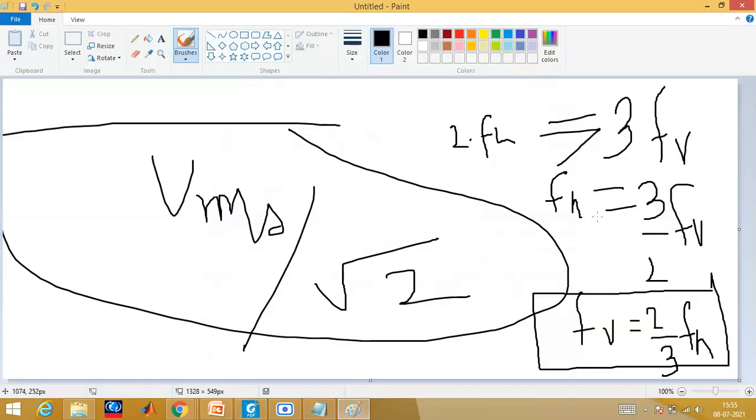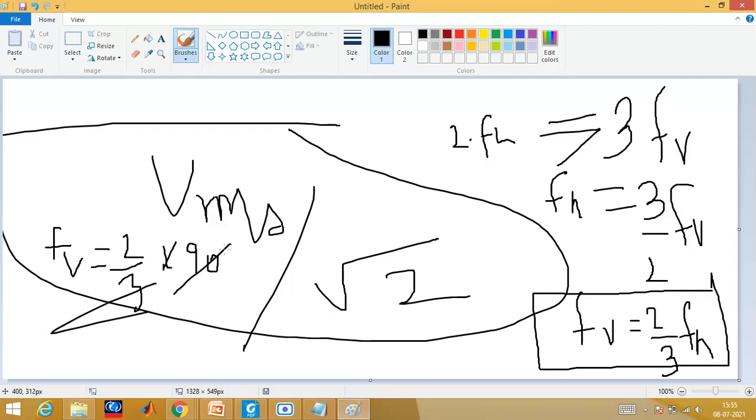So if you see in this question, they are saying that FH is equal to 100 hertz. So what is the formula, FH is equal to 90 लेते हैं हम लोग. So it will be easily divisible. So FV is equal to 2 by 3 टाइम्स ऑफ 90, ठीक है, 90 हर्ट्ज। सो 3 से काट दिए हम लोग, so this will become 3 3 9 30, so 2 into 30 is nothing but 60.